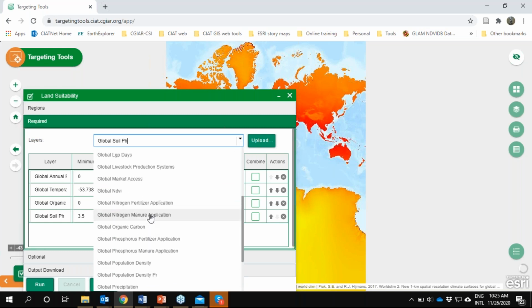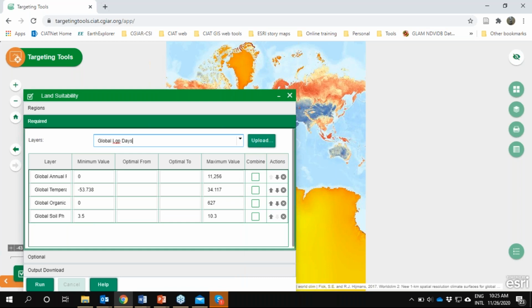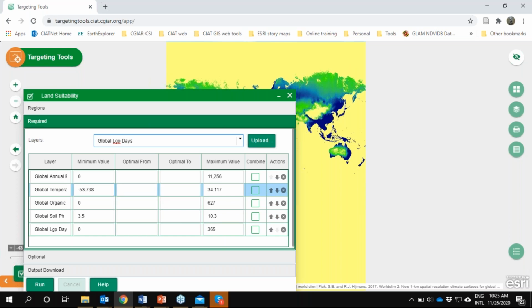You also need information on the length of growing period, like how many days are available for crops to grow. So we also provided you with the LGP, the length of growing period, which is available in days. So if you can just look at those few data sets,